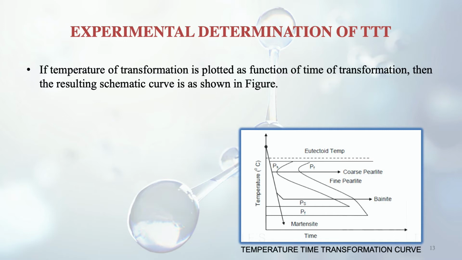So there is a gap. It has started at a certain point, you can mark it on the graph, then after a certain time it will finish. So you can mark this second point also. So as you come down in the graph, you will see that the start point of the transformation time will be getting closer to the y-axis, that is the temperature axis. Why is it happening? Because the cooling rate, or the rate of transformation, is increasing. So the start point gets closer to the temperature axis, and similarly the finish point also.